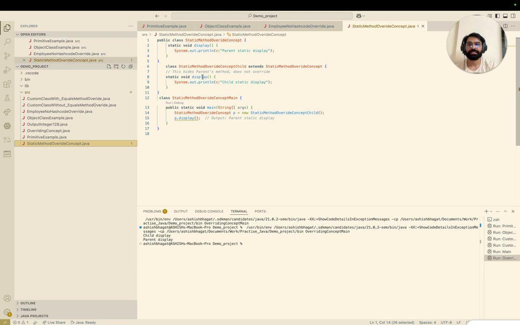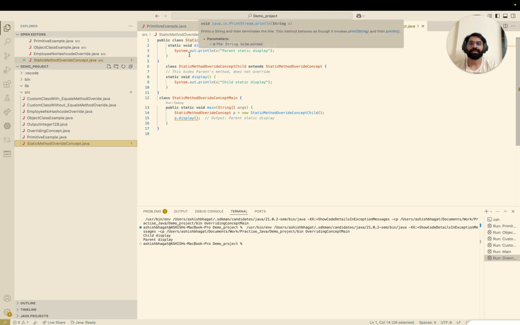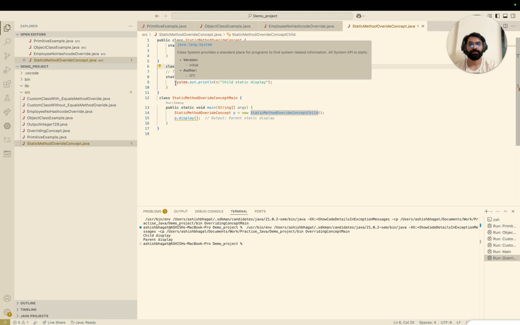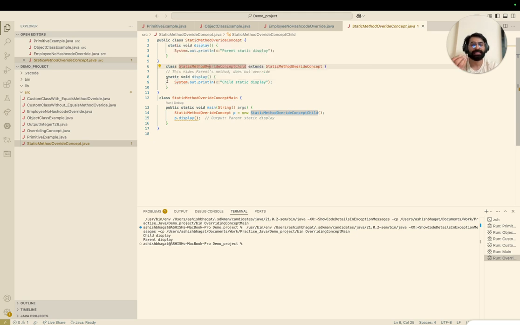Okay, so let's say that we have a static method overridden concept. We have a display method, and we have created one child. So this is a parent class, and this is a child class of this parent class, extending it. Now again we have a display method with the static keyword, but this will act as